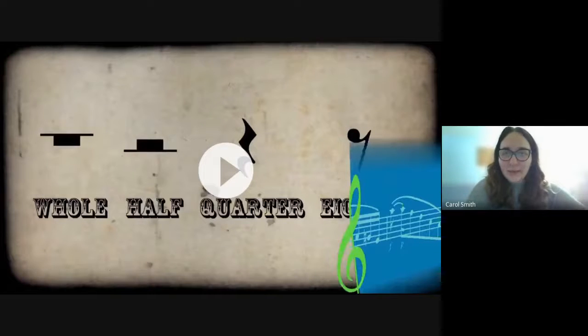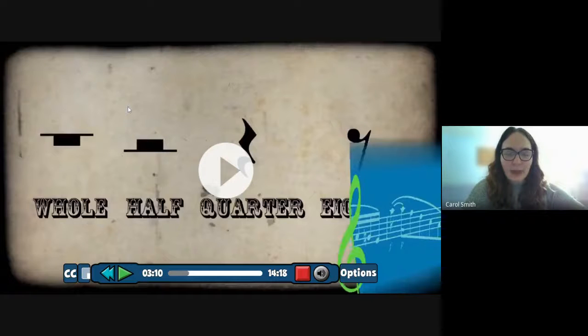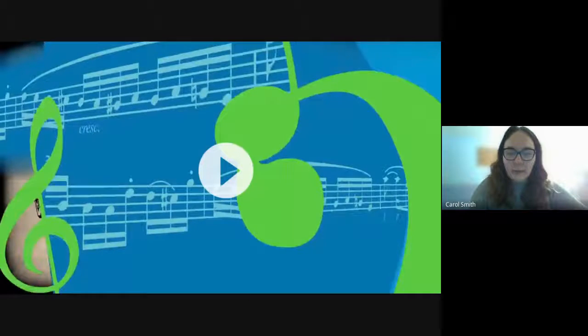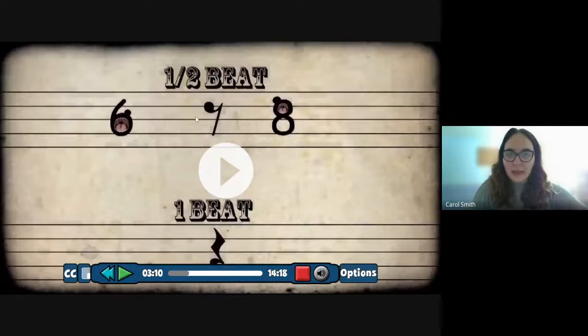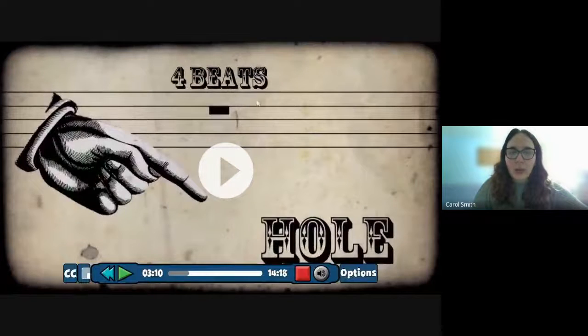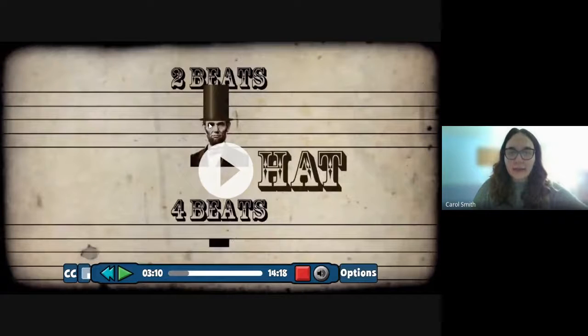So let's just review those real fast. Those are all of the rests that we have been exposed to and the ones that we have seen. Let me back that up real fast. We have the half rest, which looks like a 7, the quarter rest, which looks like the lightning bolt, the whole rest, which looks like a hole in the ground, and you can tell that that one has the 4 beats, and then the half rest looks like the hat. So those are the 4 rests that we're talking about now. We still have to get that new kind of note, which is sound, how we use notes to write sound. So let's keep going.